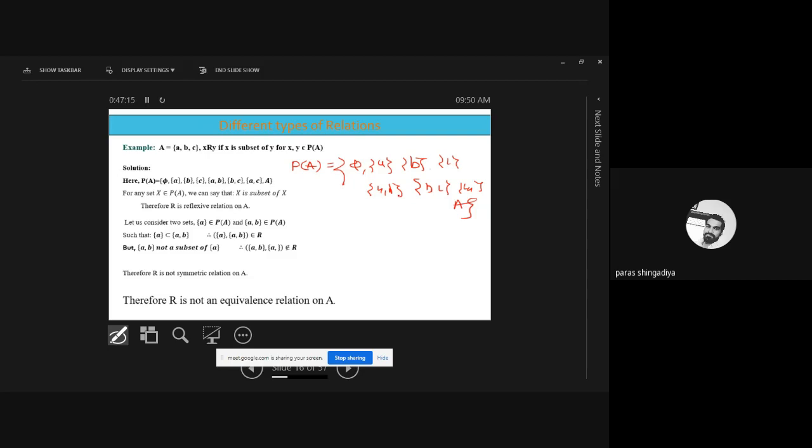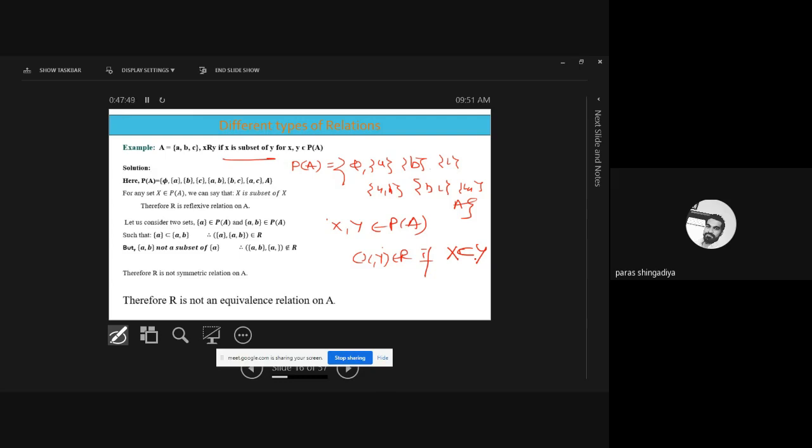Okay? And here the relation is that for (x, y), x and y belong to P of A. Meaning these are the elements. You have 8 elements in this power set. आपके पास 8 choices हैं to prove whether it is an equivalence or not. So x, y belong to P of A. The relation is that x is a subset of y. (x, y) belongs to R if x is a subset of y. x, y का subset होना चाहिए. That is the given relation. Clear?